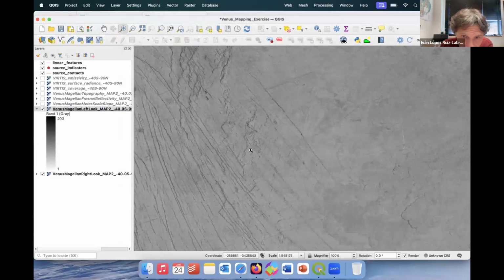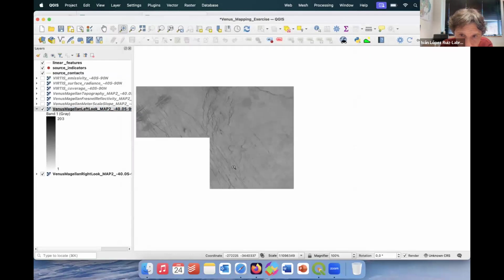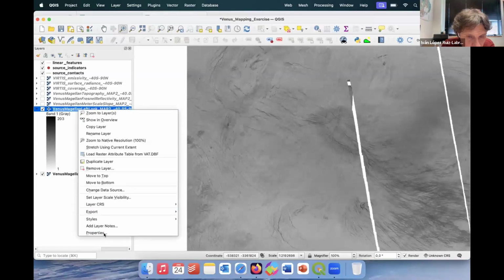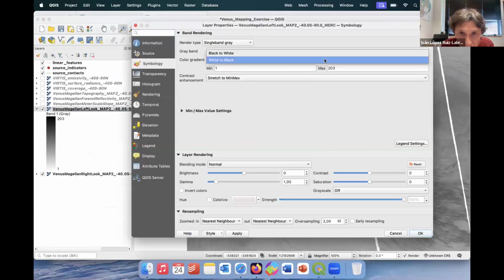As I said, I found this format very, very useful when you are doing tectonic mapping. But remember, you are not going to apply the same principles to describe the reflectivity of the surface because you have inverted the image. We are going to go back to the previous and the real